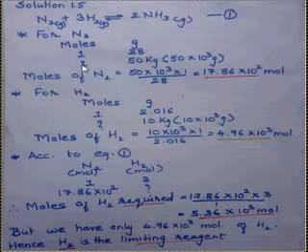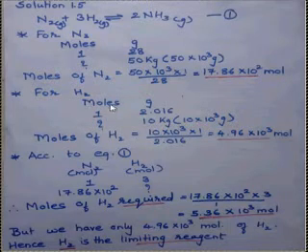Now you have to calculate the moles when there is 50 kg. This 50 kg is given in the question. Convert it into gram by multiplying into 10 raised to 3. So here you have moles of N2, that is nitrogen, equal to 50 into 10 raised to 3 cross multiply into 1 divided by 28. On calculating, you get the value as 17.86 into 10 raised to 2 mole.